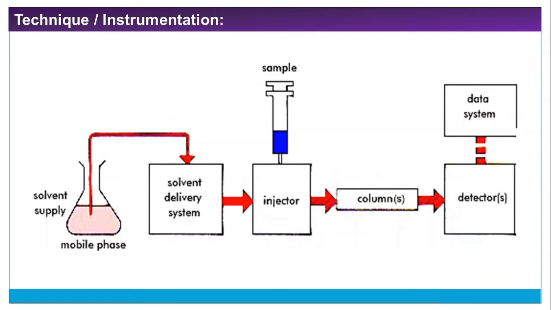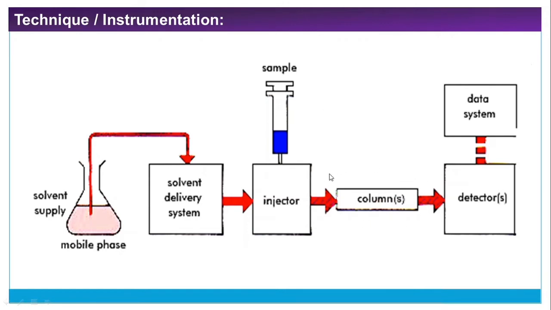This is the general block diagram for the instrumentation. This is the fresh solvent, which acts as a mobile phase. This is the solvent delivery system. Here pumps pump the solvents into the sample injection port. Here we have to add a sample by using a micro syringe,